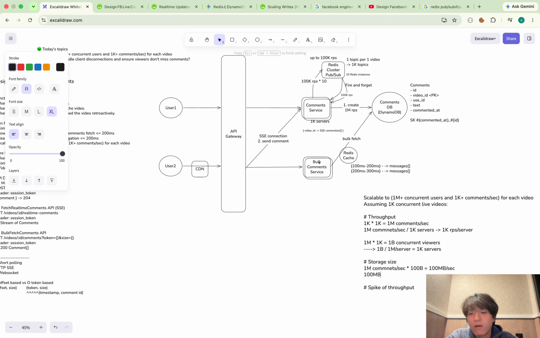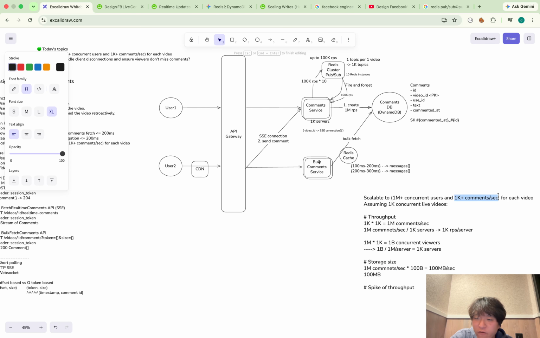Okay. Oh, no. Because we use DynamoDB, internally I can think that it scales infinitely. So the thing I have to consider and take care of is the storage size per partition. So in our case, let's assume there's so much data in DynamoDB and throughput is high. In that case, the partition is created per video ID. So I calculate the per video storage size. I will think of that here.